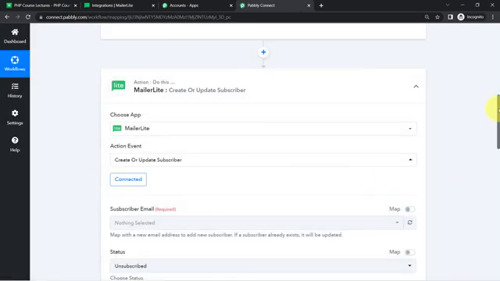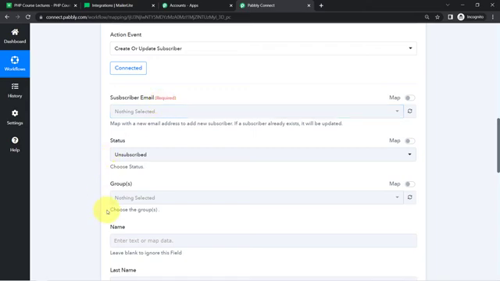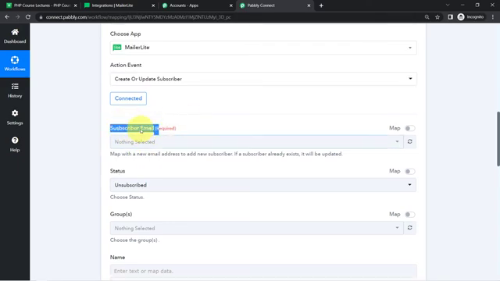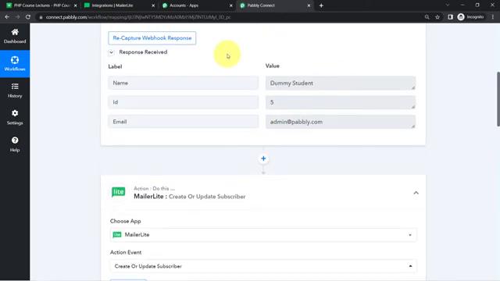and you will see your MailerLite account will also be connected with Pabbly Connect. Now finally, after filling out these basic details, basically the email address and the name, we are going to automatically create a subscriber in MailerLite email marketing software. So firstly it is asking for the subscriber email, and from where will I get this data? Basically from the above response which I have just received,